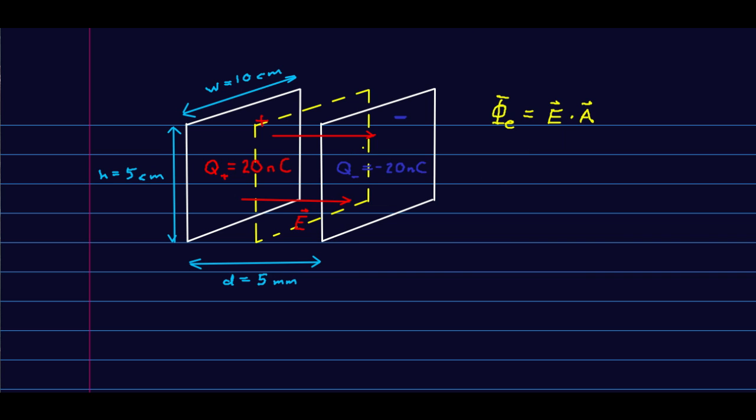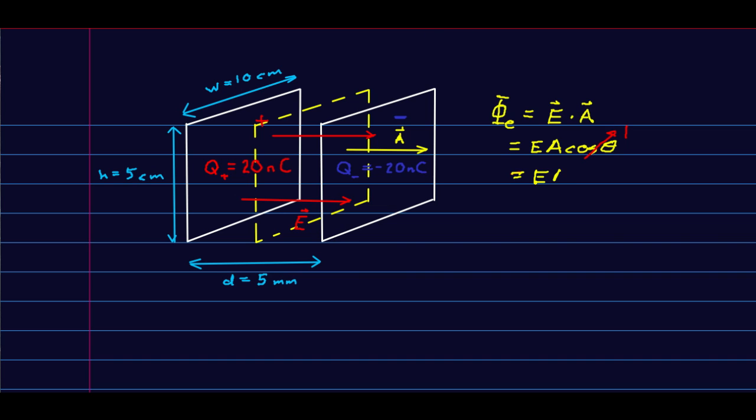That area vector is perpendicular to the surface and has a magnitude equal to the area of the surface. Well, that means it's parallel to the E field. And so E dot A is just going to be EA cos theta, but theta is 0, and we know that cos of 0 is 1. And so we just get